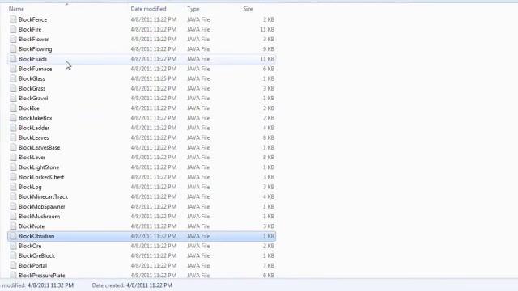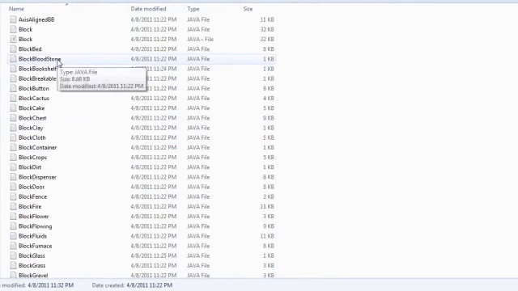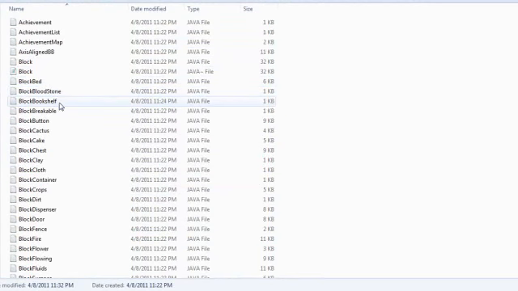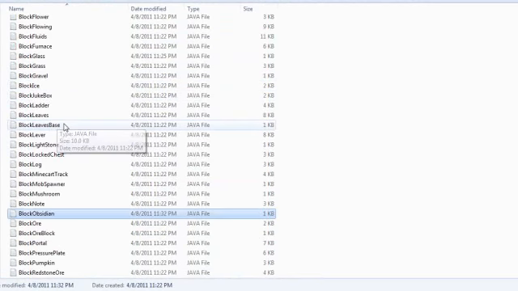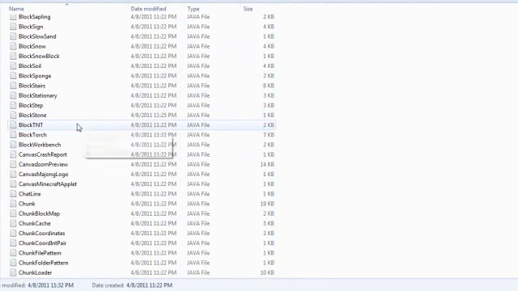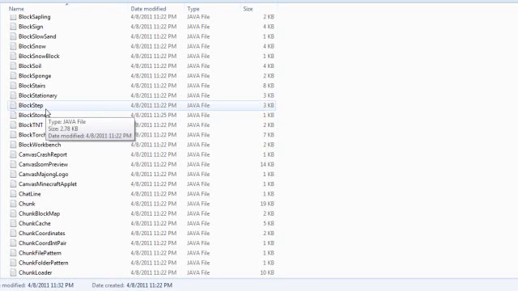And let me see. What else should I show you? There's nothing really else to do, really. I don't know why. Or I do know why. Basically, I've showed you that you can open up these files, make easy modifications, and do what you want.